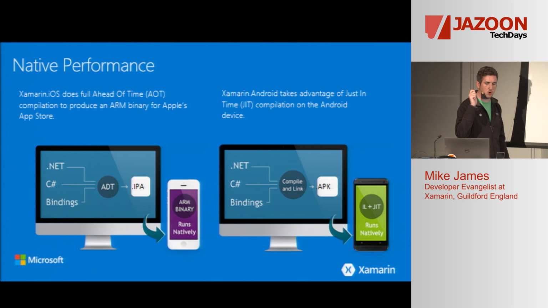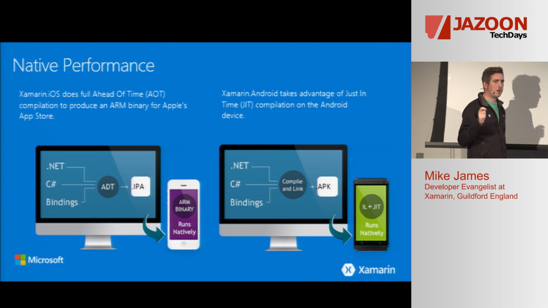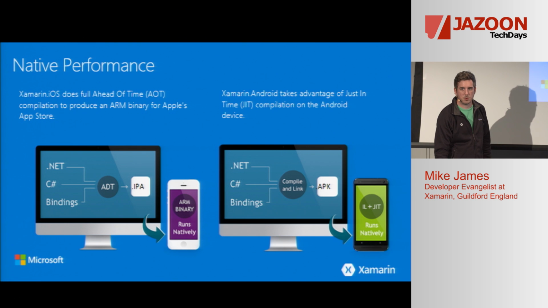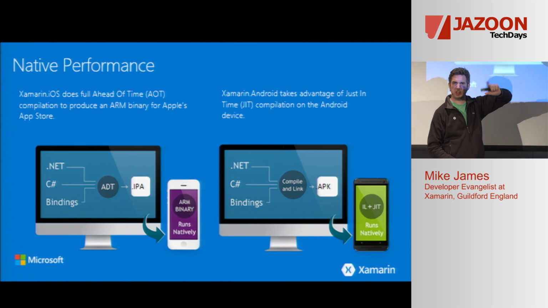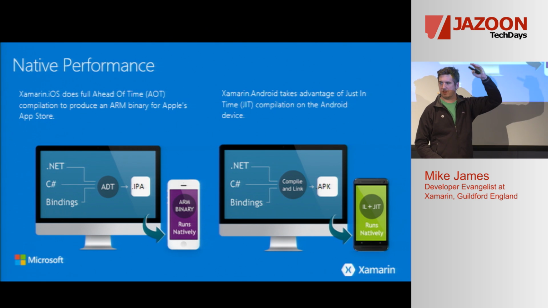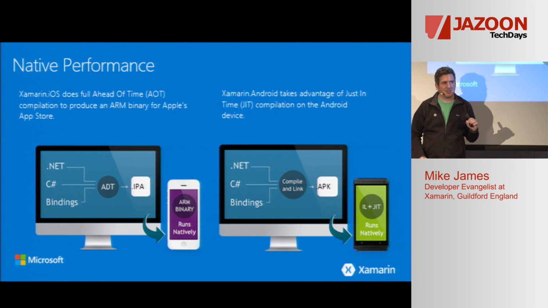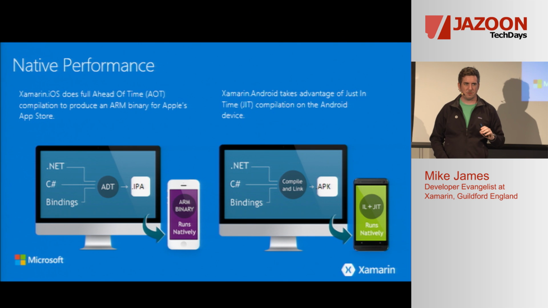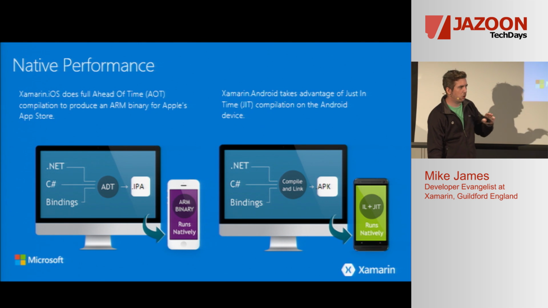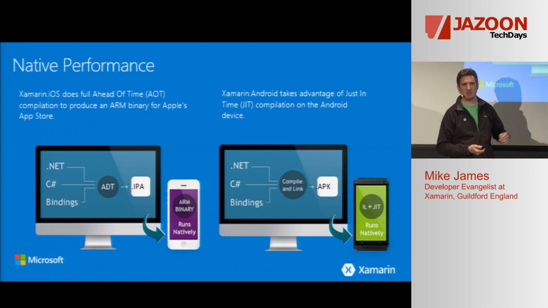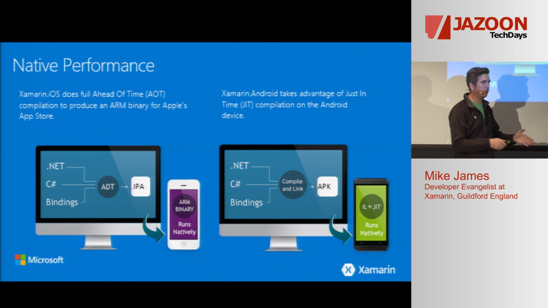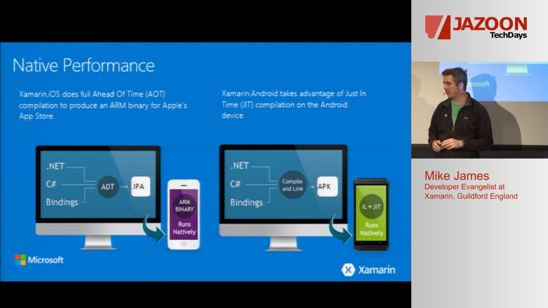Now, for iOS, we come out faster than Objective-C, but we come out slower than Swift. So we sit kind of slap in the middle between Objective-C and Swift. And we're talking milliseconds here, fractions of a millisecond, in fact. So there's no real performance gain or loss to be had. No one's going to say, oh my goodness, your app performs so much better. Did you swap out Objective-C and go with C#? No one will ever say that.